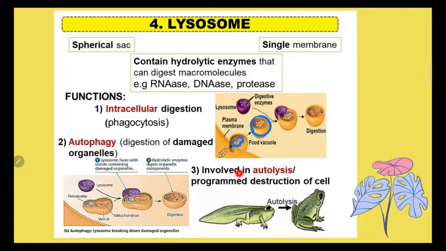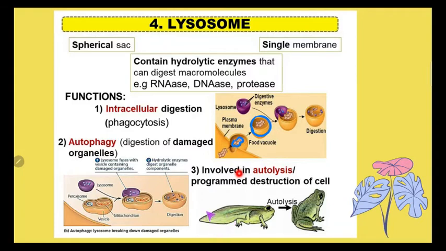Autophagy. Okay, number 3 is involved in autolysis, or programmed destruction of the cell. So autolysis is a destruction of the cell that occurs automatically. It is also done by lysosomes. For example, during the metamorphosis from tadpole to adult frog, autolysis occurs at this